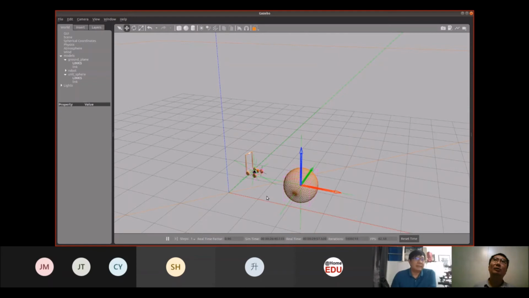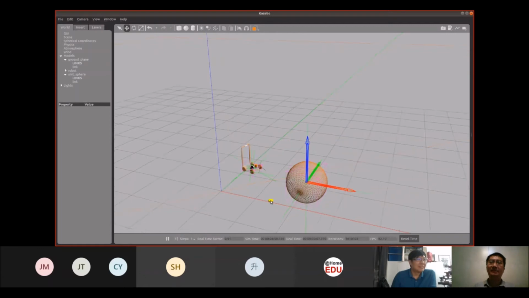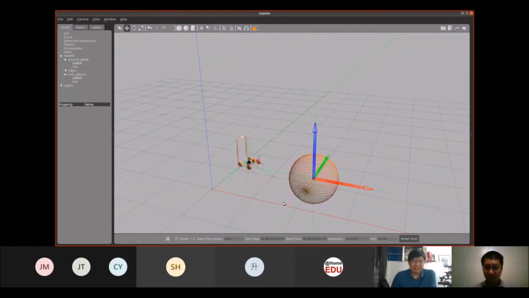But what I need to know about is the inflation shape for navigation, which means we need to have some safety distance. So we inflate the body, and everything for us is 2D because we only concern ourselves with 2D navigation.